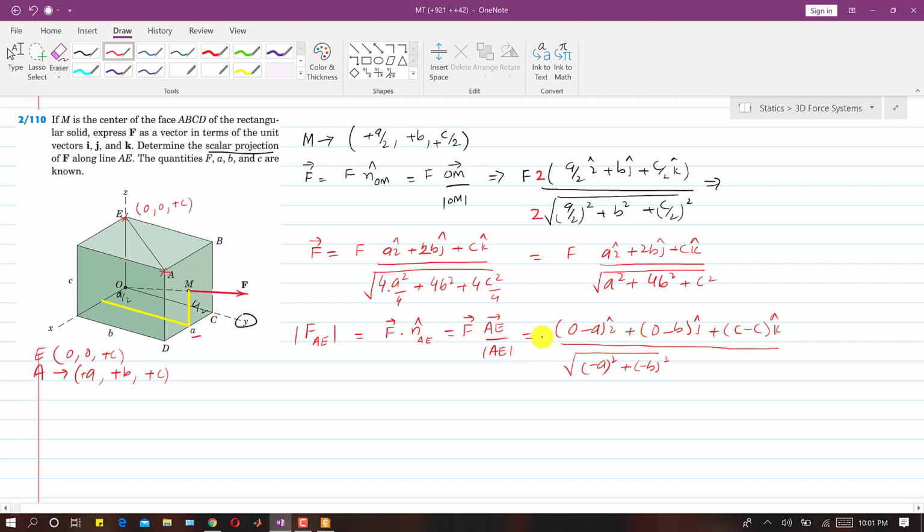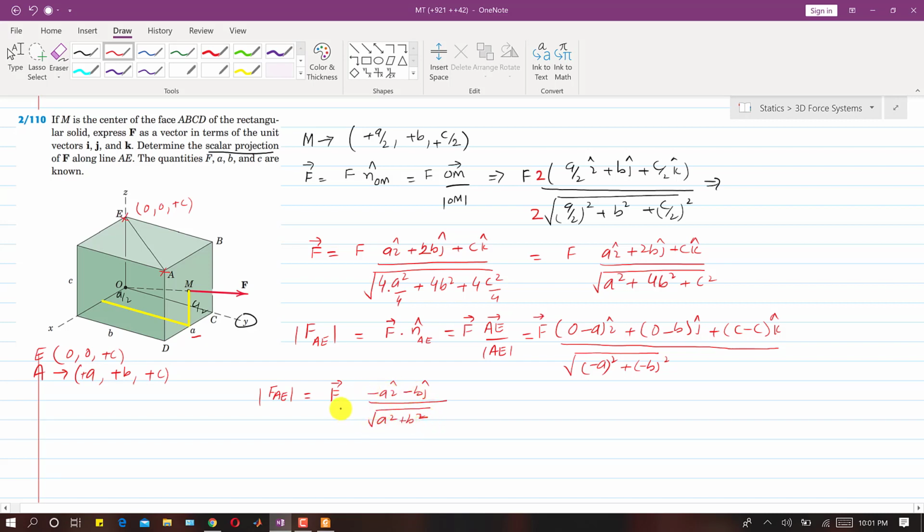right? And here we will multiply this whole thing with that F vector, right? So this will be F_AE magnitude and F vector. So F vector is this one, right? Let me simplify this first. So this will be F vector, and this will become minus a i minus b j and 0 k, divided by square root of a square plus b square,